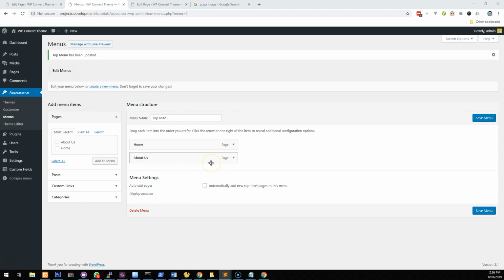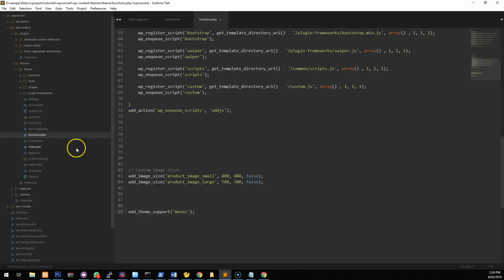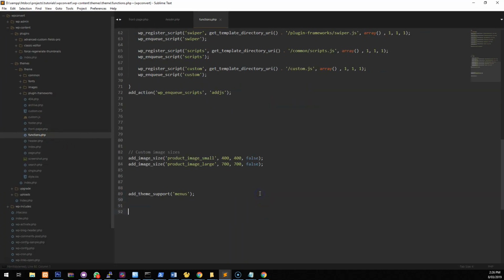You can have it in multiple locations, and then you put the location PHP code inside the theme wherever you want that specific location. So to do that, we need to go into our functions.php again. As you can see, functions is used a lot. We will do register nav menus, and within there we will do another array,